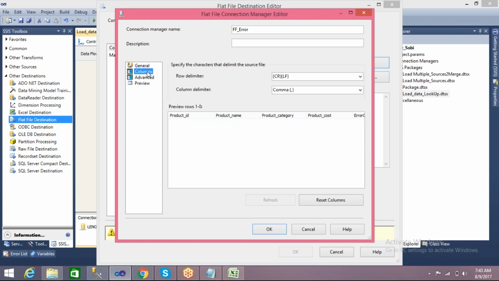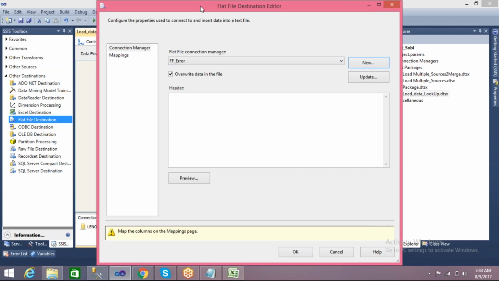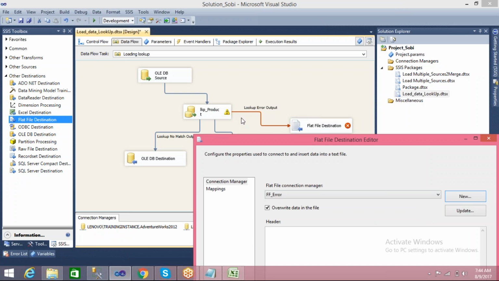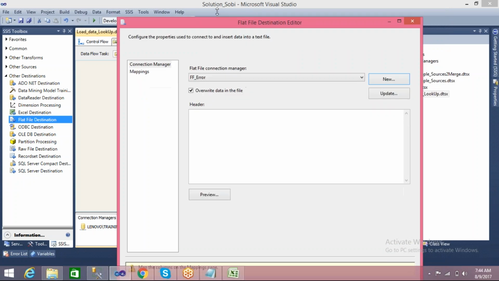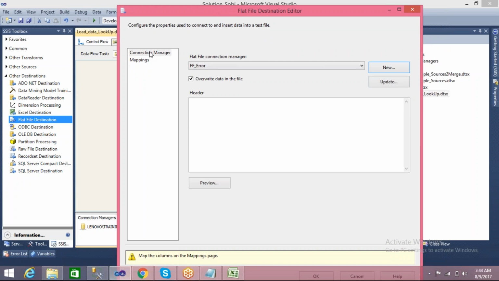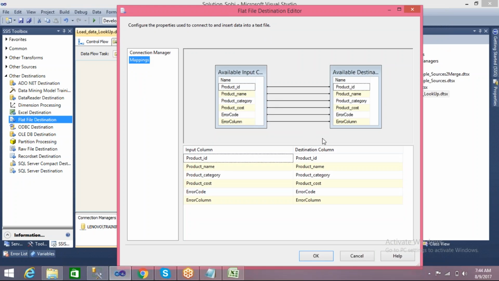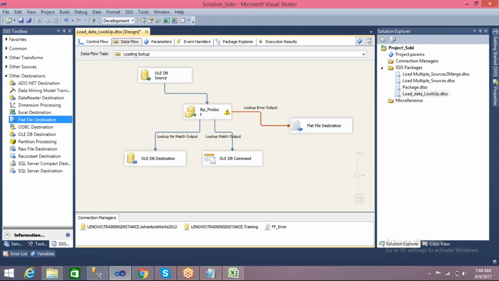Just go to the columns. These are all the columns. Why is it taking all the column names automatically? Because we have mapped them here, right? That's why it is automatically taking the column names as well. Once you take the connection, go to the mappings and tell the system to map all the columns. The error code and error column will be automatically generated by the system. No need to bother about these two things. Whatever source data we are getting, we just have to look into this one. Click on OK. Just save it